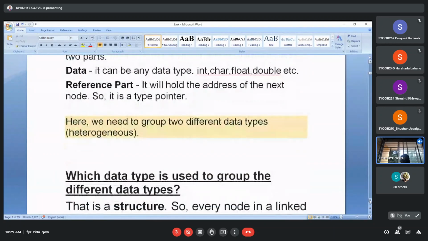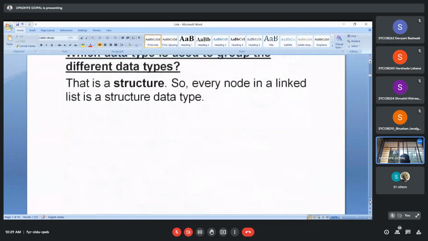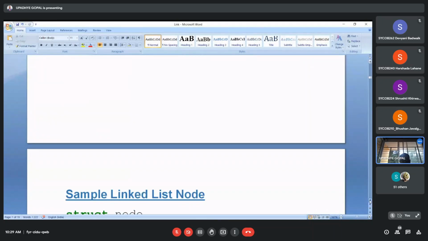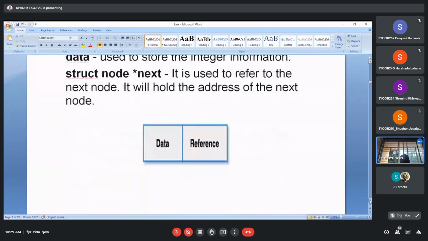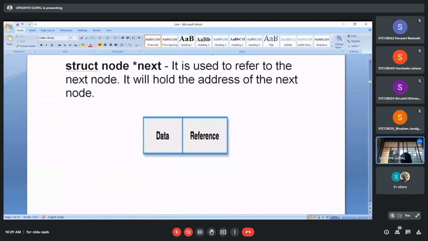So first of all, see the representation so that you can come to know what the structure of the linked list is. Okay, this is the structure. See the diagram. In this diagram you can visualize that each node in the linked list has such a representation, in which the first part is holding the data and the other one is holding the reference. The entire thing in front of you is called one node, and a linked list is a collection of such nodes altogether.